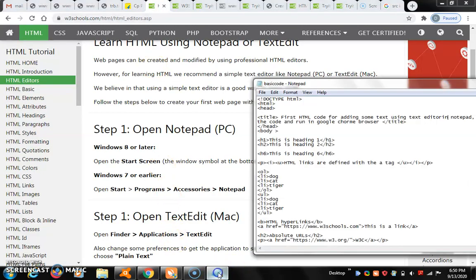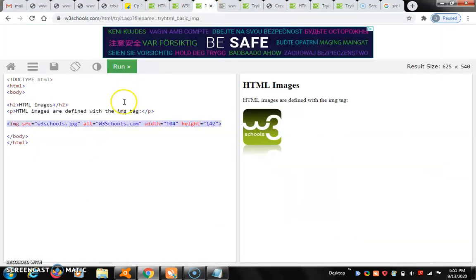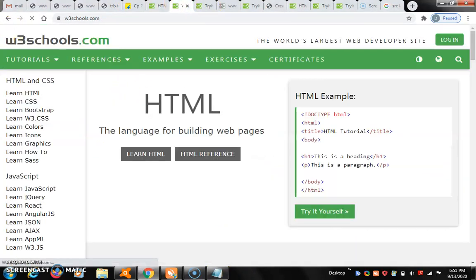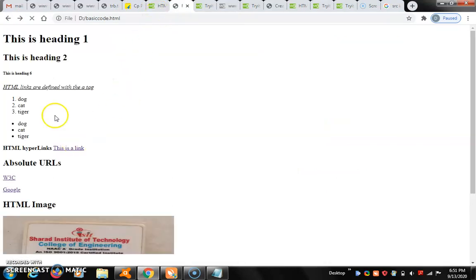Then the second one is here. Where is that? Okay. The second one is absolute URL. Absolute URL means that it is also one particular W3C page.